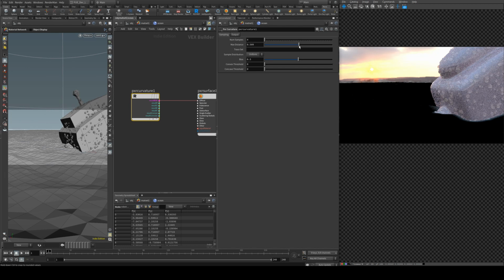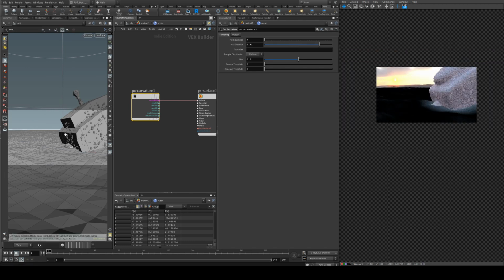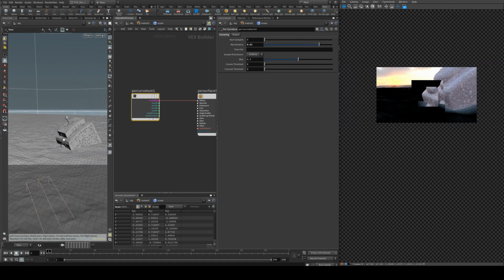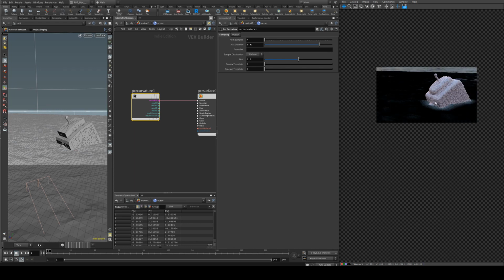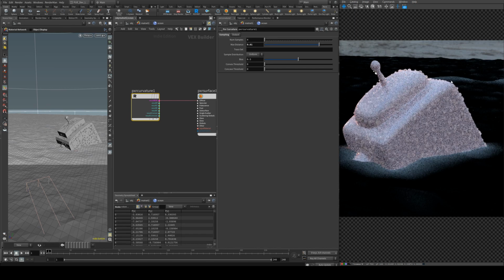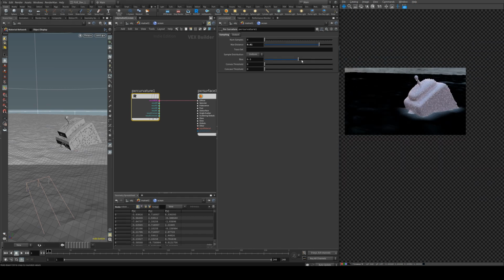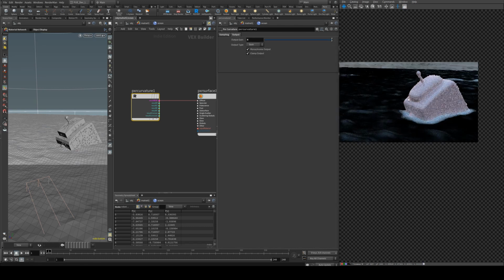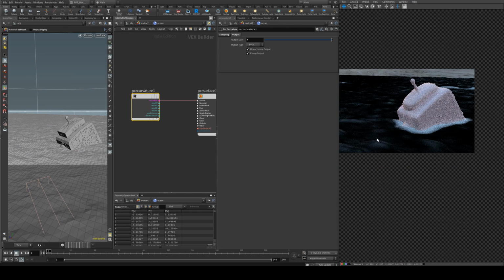we'll just need to increase the max distance, and what you'll see is we get this foam that's surrounding the object that is in the water, and then we also start to get these foamy areas on some of the more pinched waves, and we can bias this to get an increased effect. And we can also increase the gain to get something like that. So the black area is going to have no foam, and the white area is going to have a little